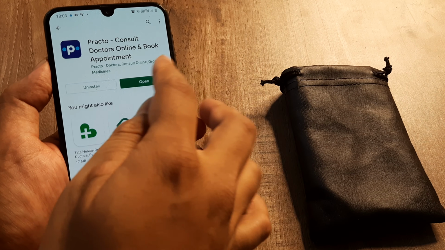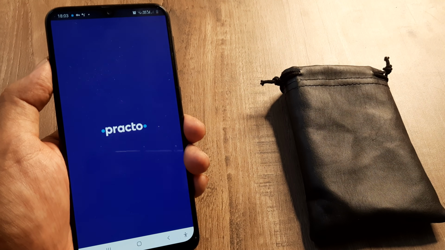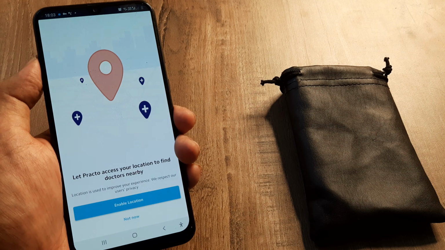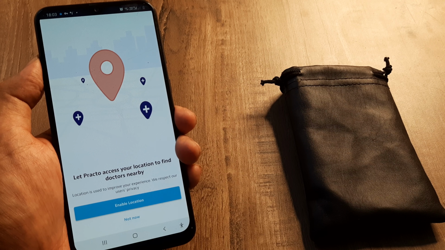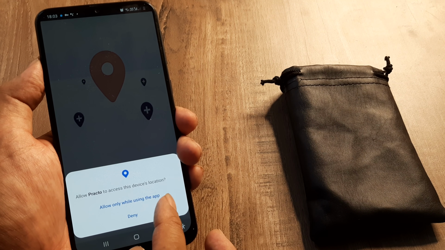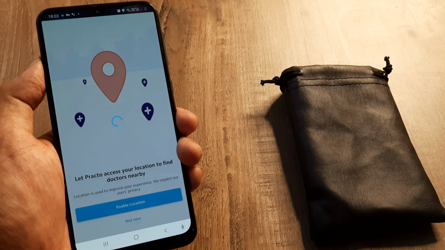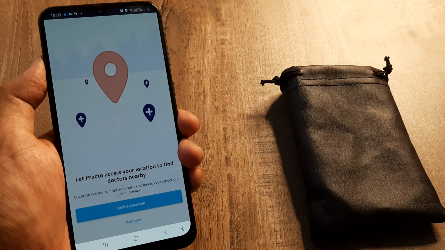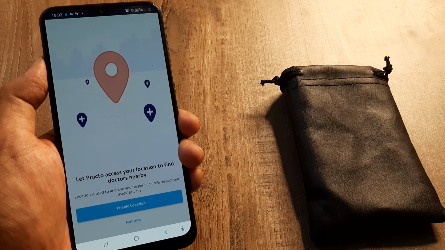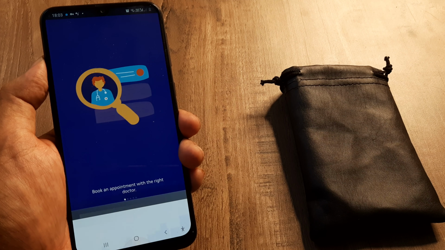There you go. The app has finished downloading. We click on Open, and we are presented with this interface. Initially the app, like any other app, will ask us for permissions. So let us give it all the permissions that it requires. Don't worry, it's a trusted app. Subsequently, like all other apps, it will let us know what it is capable of.